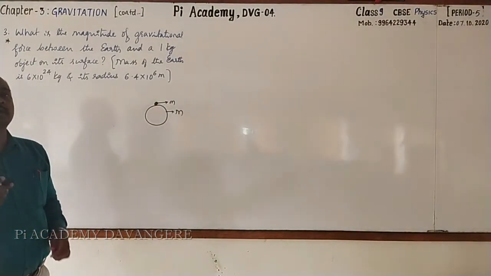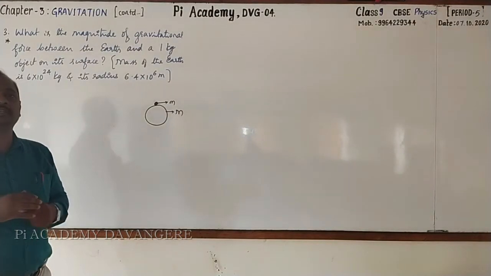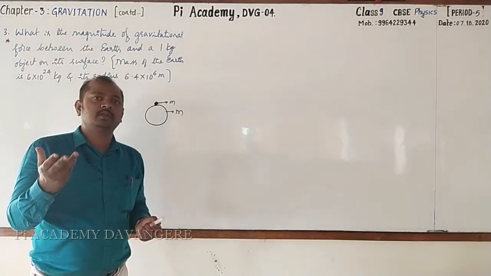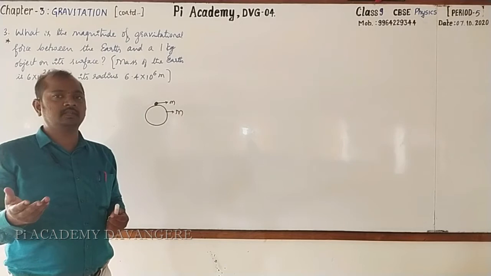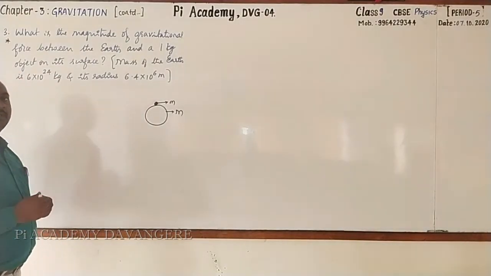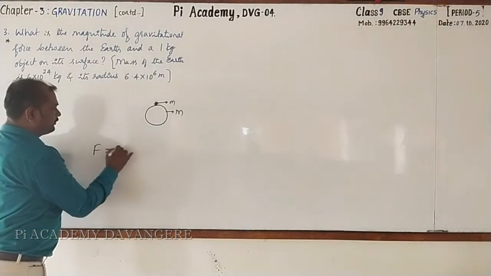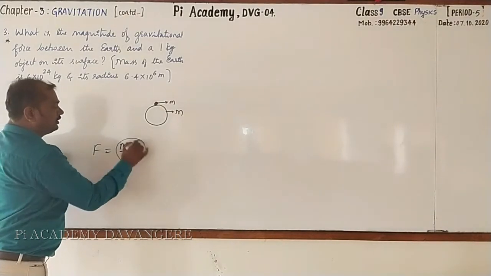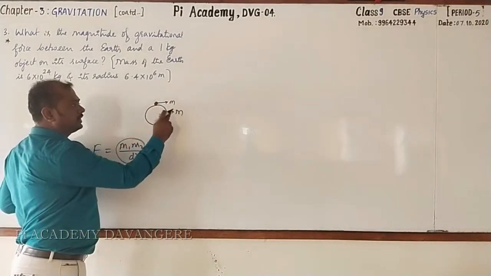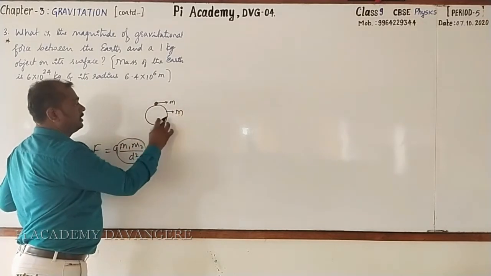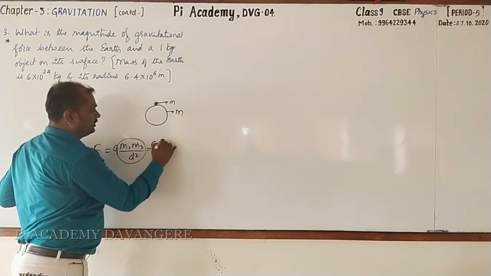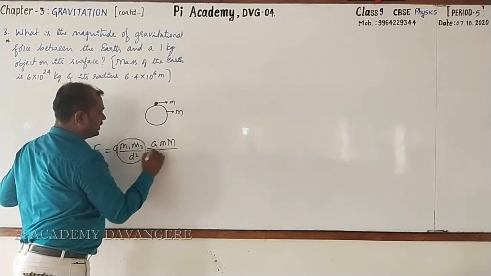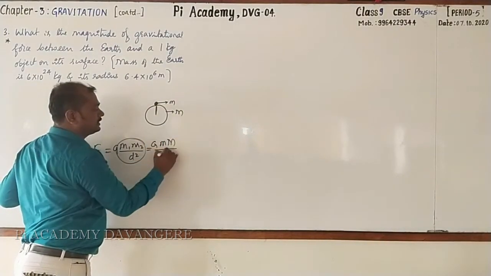Yes. When the mass of the object is 1 kg, then it will be equal to acceleration due to gravity. Right? I think you all may be thinking, how is this? See that F is equal to G m1 m2 by d square. Here m1 and m2 are the mass of the object and the mass of the earth. So G m capital M by d, distance is nothing but r.